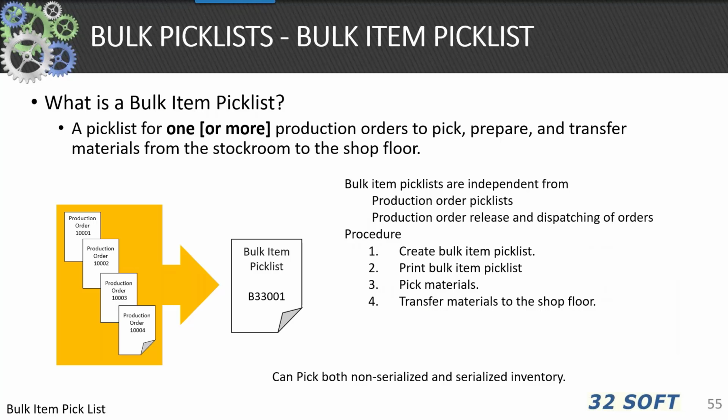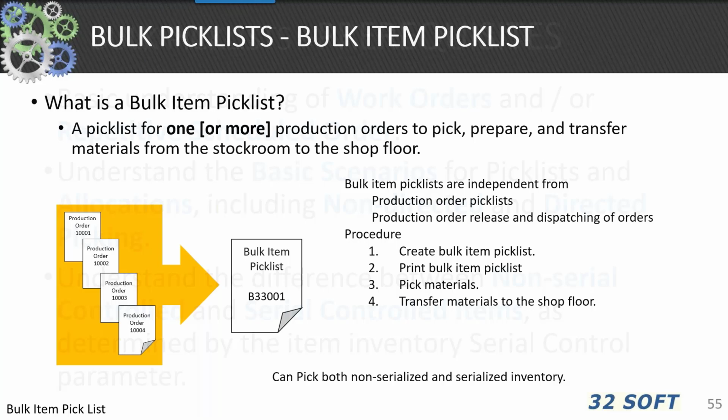Use 16.5.3 bulk item pick list calculation and 16.5.6 bulk item pick list print to print a bulk item pick list for one or more production orders to pick, prepare, and transfer materials to the shop floor from a stockroom controlled location. Bulk item pick lists are independent from production order pick lists or the production order release and dispatching